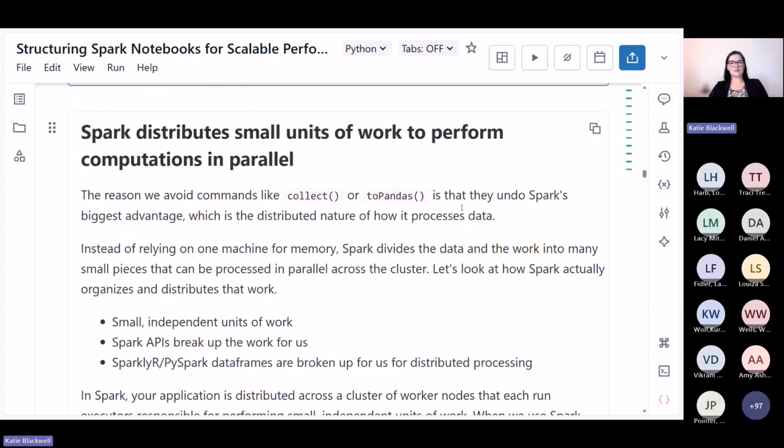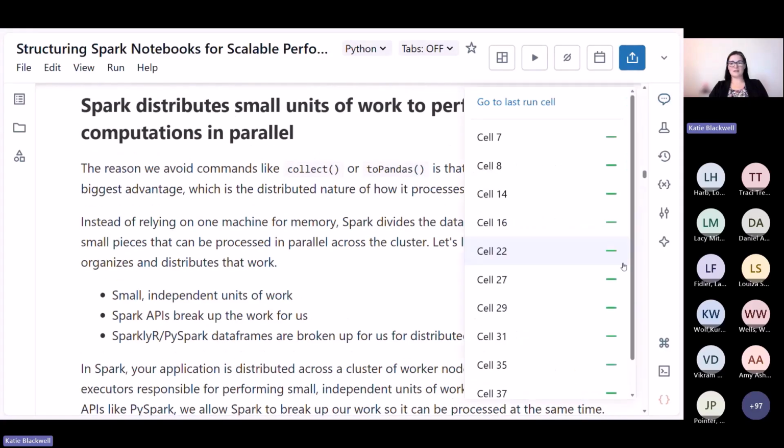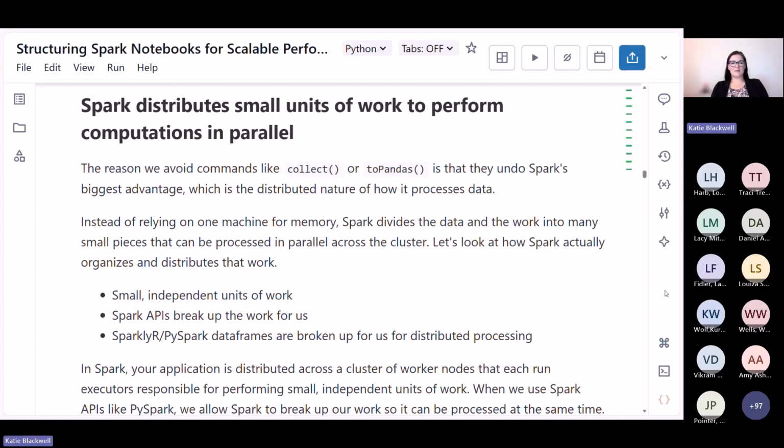So Spark distributes small units of work to perform computations in parallel. And that's the big thing that I really want you to take away from this. The things that bring everything together into the driver node, like collect or toPandas, they undo that magic of distributed computing that you're able to do in Spark. And we want to keep